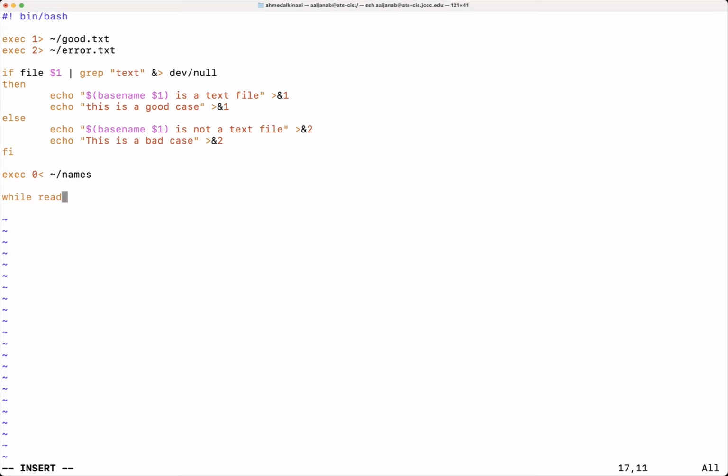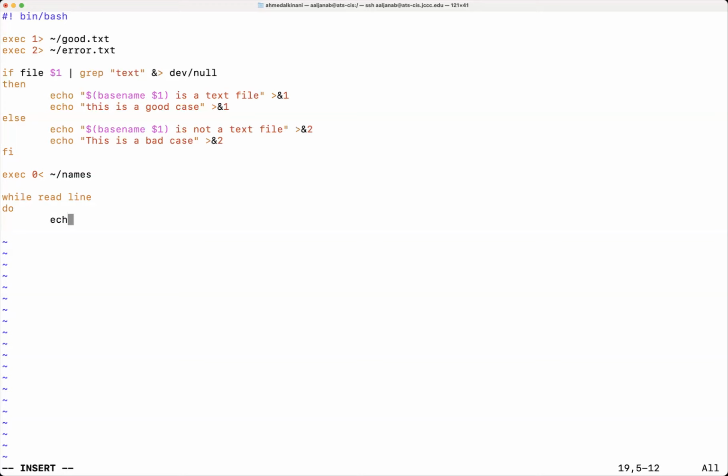While read line. I'm trying to remember here. Okay, let's see here. Lines or line, and we'll go with do.